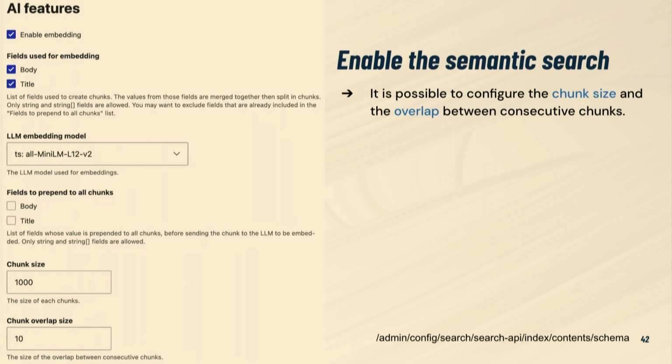Okay, and then another thing, you can choose the chunk size. I forgot to tell you that when the text is converted into vectors, we don't take all the text of, I don't know, a page, but we split the text into parts called chunks. In this case, the chunk size is 1,000 characters. So we split the text, convert it into vectors, and store it in the database. And then we have a chunk overlap size to better understand the similarity between the chunks. Okay,